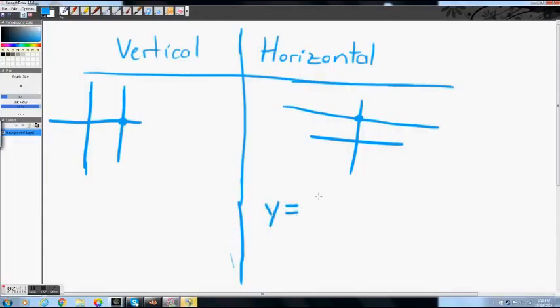Horizontal line, because it has one y value for all x values, it's going to be a polynomial of degree 0. So if this were, let's say, the point 0, 5, and this were 1, 5, 2, 5, 3, 5, 4, 5, to infinity, and then to negative infinity, then the equation of this function will be